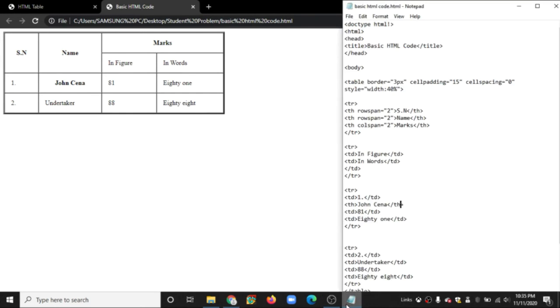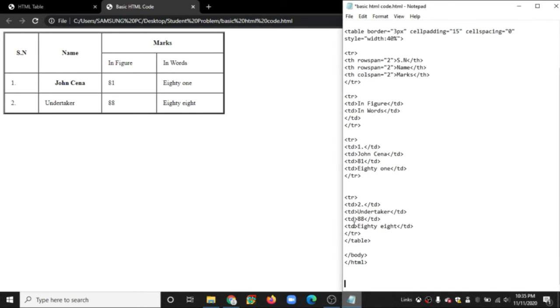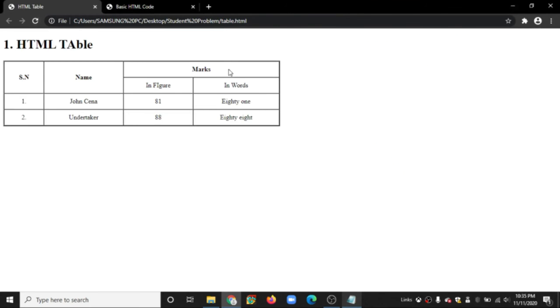So this is the data. We don't need this table data, and you can see we have given the data and the closing and opening tag, and this is the total data. You can see here. This is the closing table tag, and this is the desired output we need. So the particular line has been on the leftmost side of the box. We want the result like this.